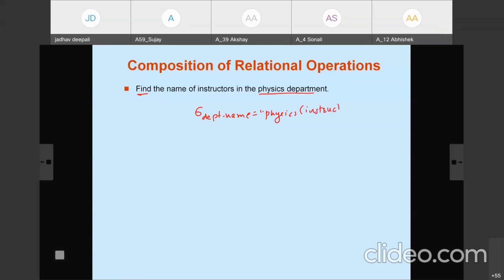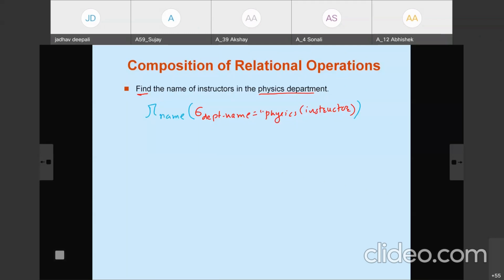What is the result of this query? It gives only those tuples where department name is equal to physics. But from these tuples we want only the name in the result. Which attribute do we wish to appear in the result? Only name, and for that we need to use the project operation. So again I put a parenthesis here, and from this result we project name. So only name appears in the result.